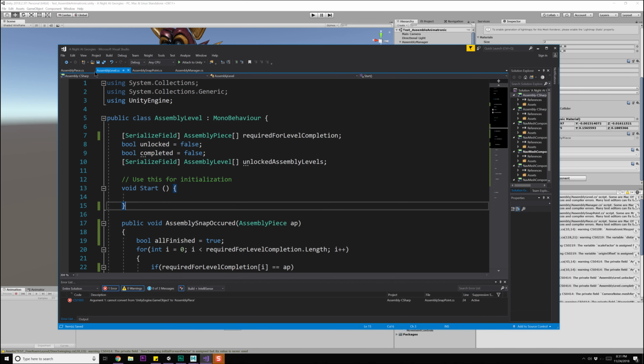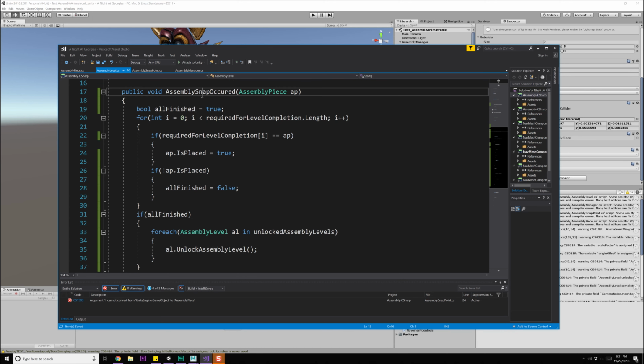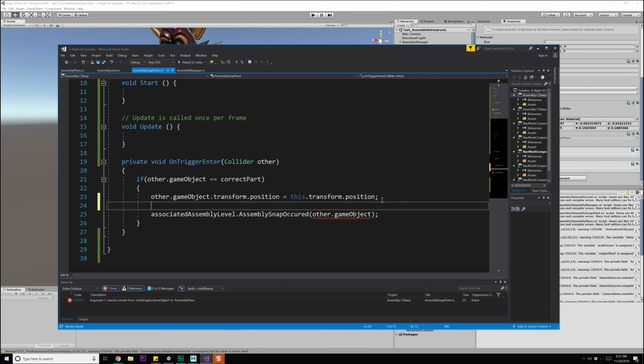Okay, so assembly level's good. Now I need to go back because when I call assembly snap has occurred, this is now assuming that I have an assembly piece that is coming from assembly snap point. So here we go, we grab a correct part. We now need to do a pull for an assembly level. AL is going to be equal to